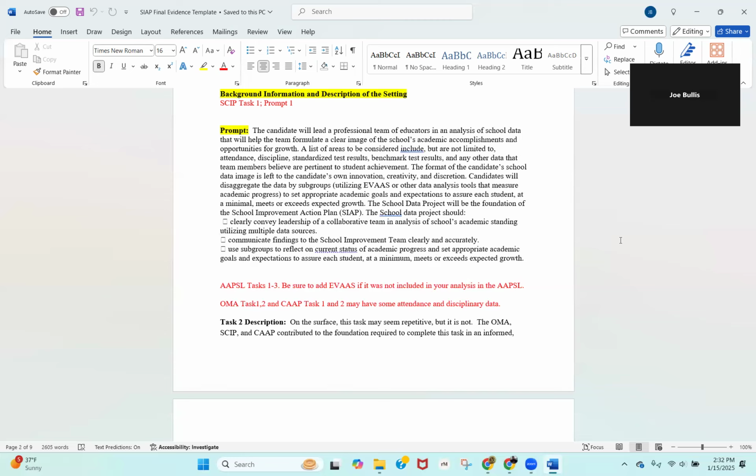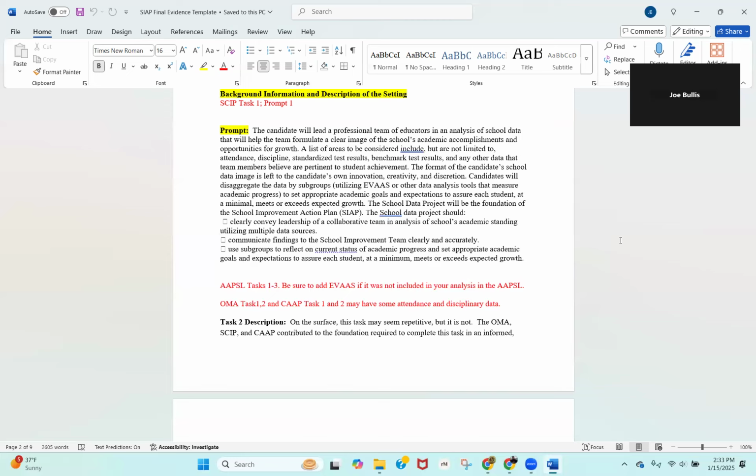Please bear in mind, and this is important, the SIAP has a 70 to 120 page recommendation by the state evaluator. If you just start copying and pasting everything that's listed here in red font, you're going to be way over that, and it's going to contain a lot of fluff and even repetitive data that doesn't need to be in there. So please keep in mind that it is not a copy and paste document,